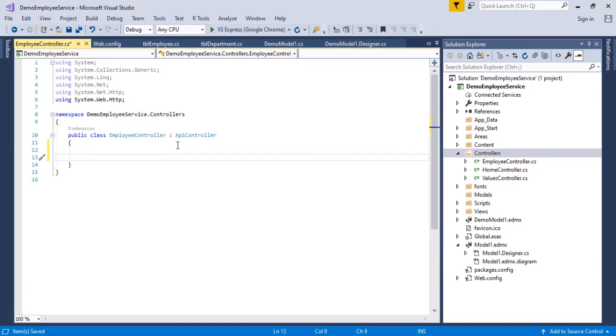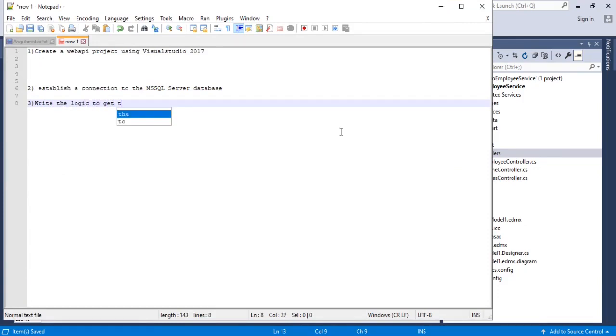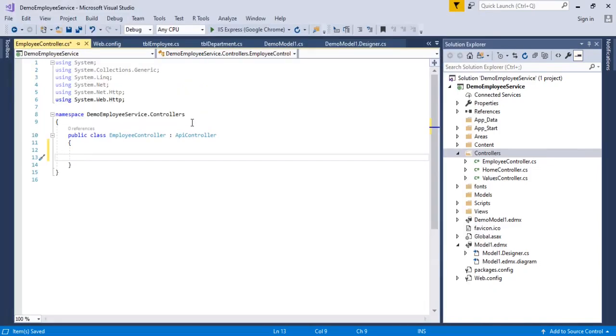So step 2 is completed, and step number 3 is write the logic to get the details from the database and return to the client.